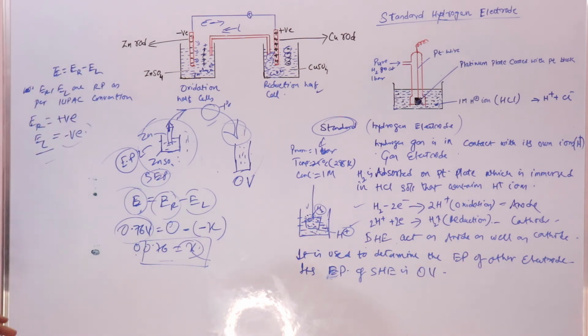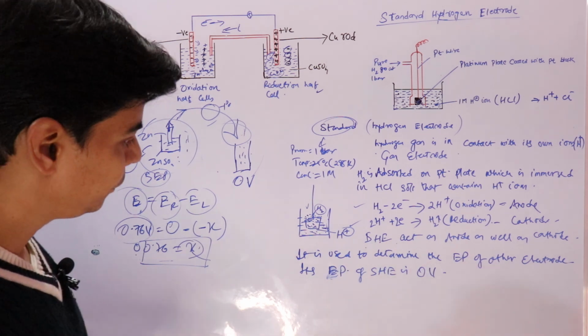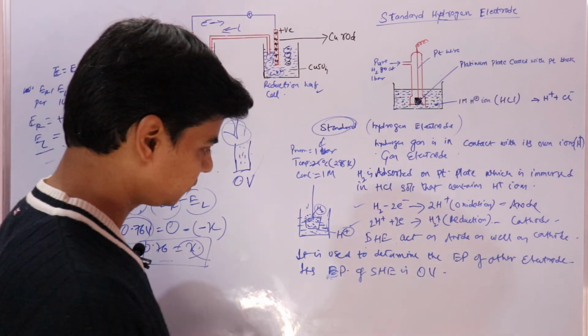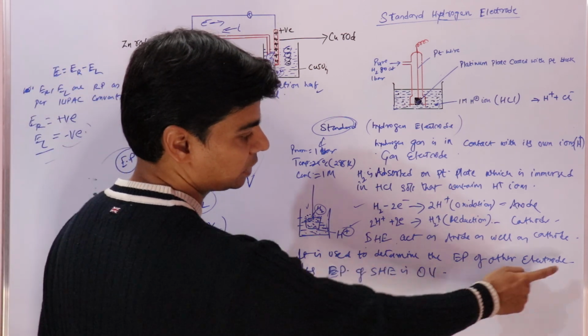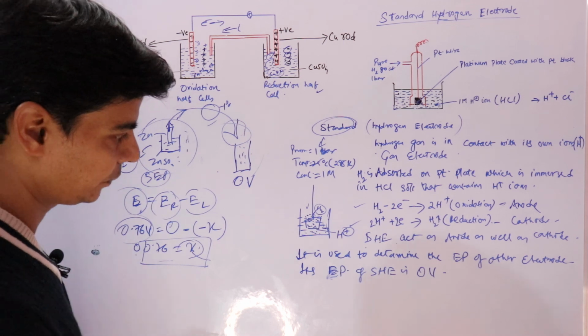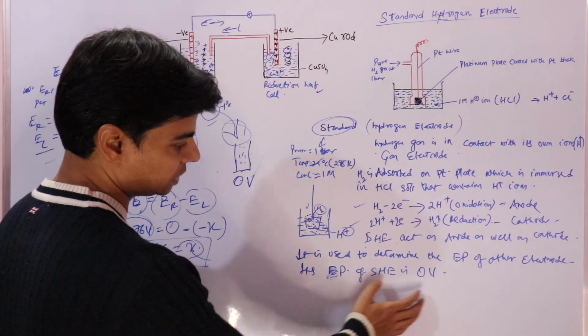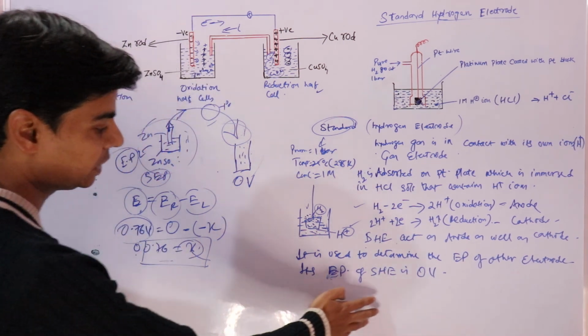So I hope this is clear to you. This is the most important use of SHE, that it is used to determine the electrode potential of other electrodes, right? And its electrode potential is 0, right? So whatever is the reading